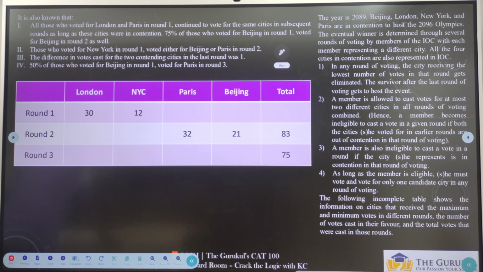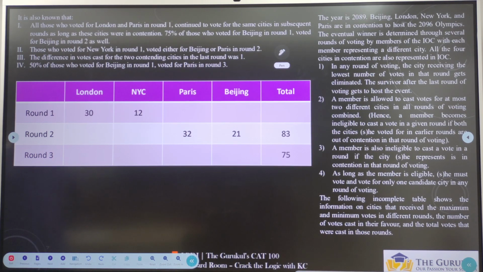From statement 3, we can say if a city is in contention, its representative cannot vote. So 4 representatives are not voting in round 1. Clear with that? Because all the 4 cities are in contention in round 1, the 4 representatives are not voting in round 1. But if you observe carefully, in round 2, the New